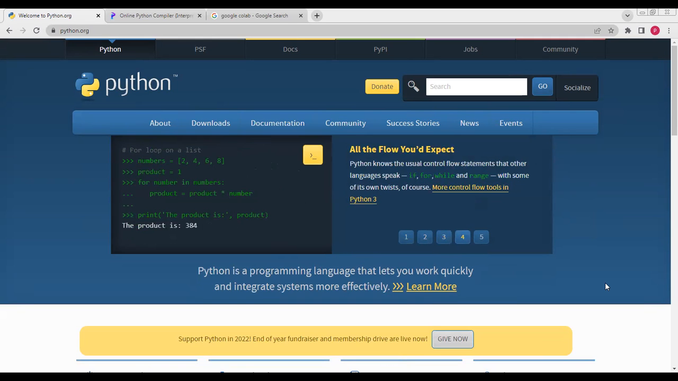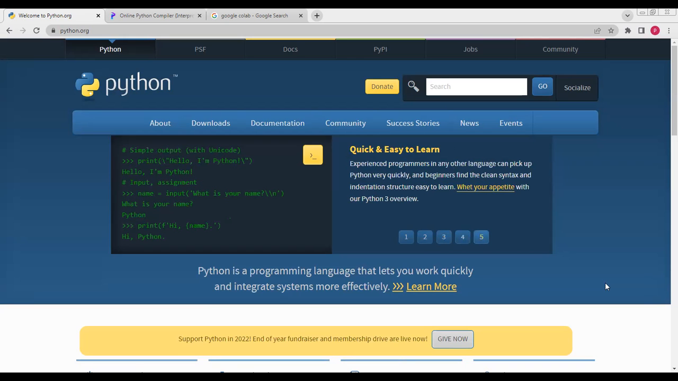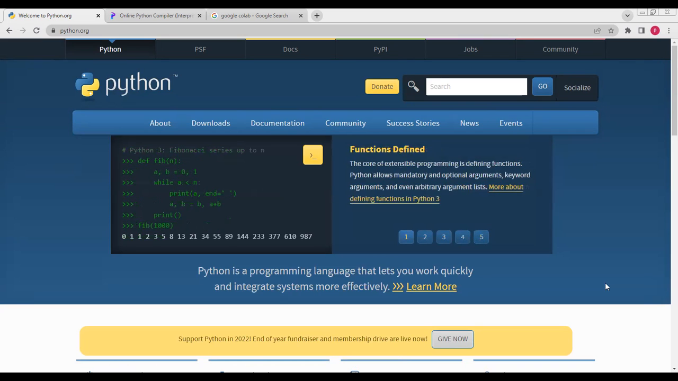Python is an interpretive language. So whatever you put in during coding, it interprets and integrates with the system and gives you the answer. And this is a case sensitive language, which means that